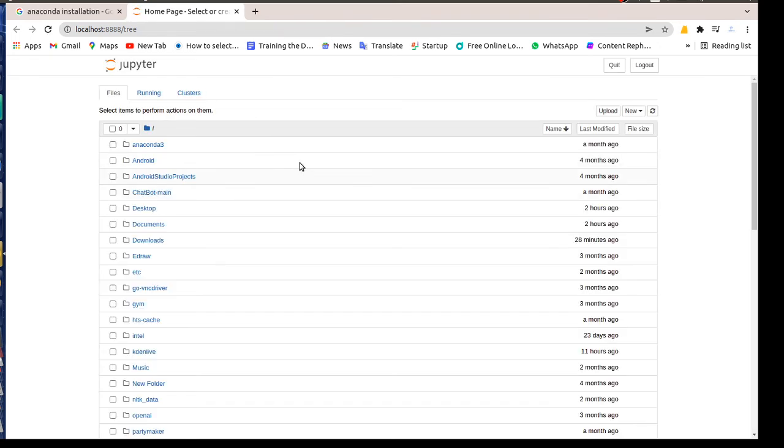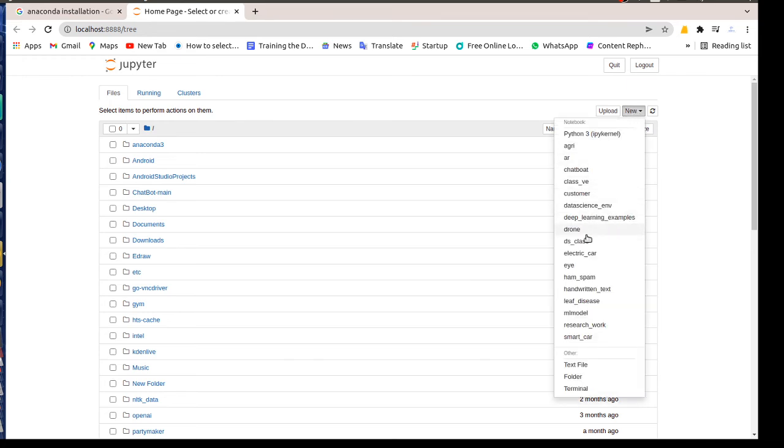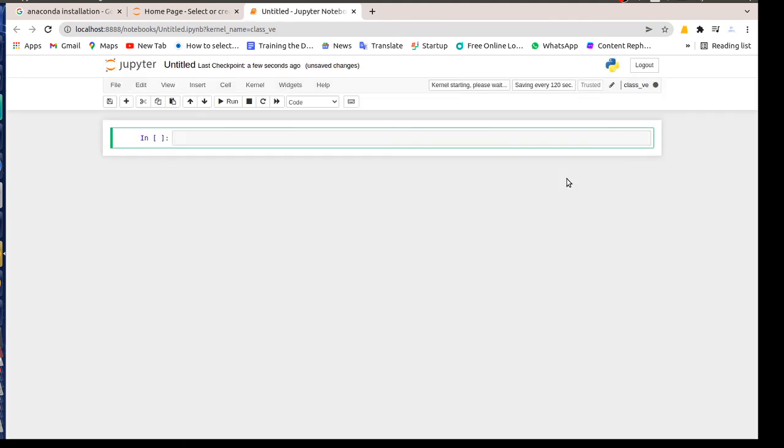Now you can see Jupyter Notebook is open. If I want to create any new file, I will get it here, class underscore VE. You can see here, no? When I click New, I will get class underscore VE. That means I am now in the particular virtual environment class underscore VE.